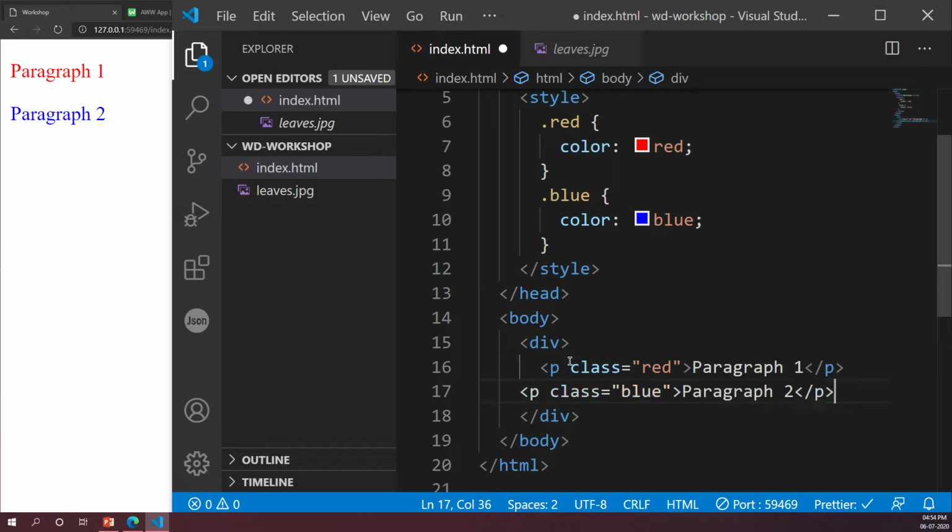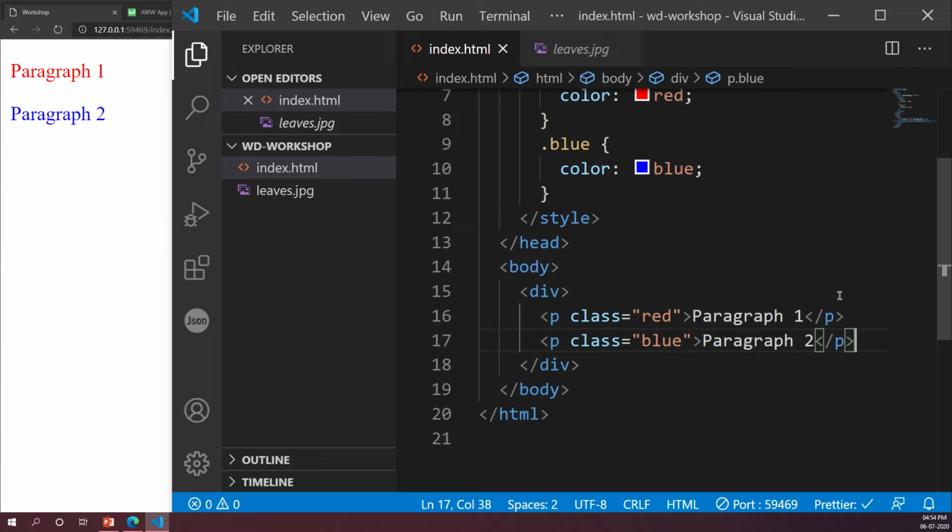Inside the div, I'm going to paste these two paragraphs. These two paragraphs get their style, paragraph 1, paragraph 2. Now I'm going to remove this class from here, and I'm going to hit save. As you can see, paragraph 1 reverts back to its original color of the page, which is black text,